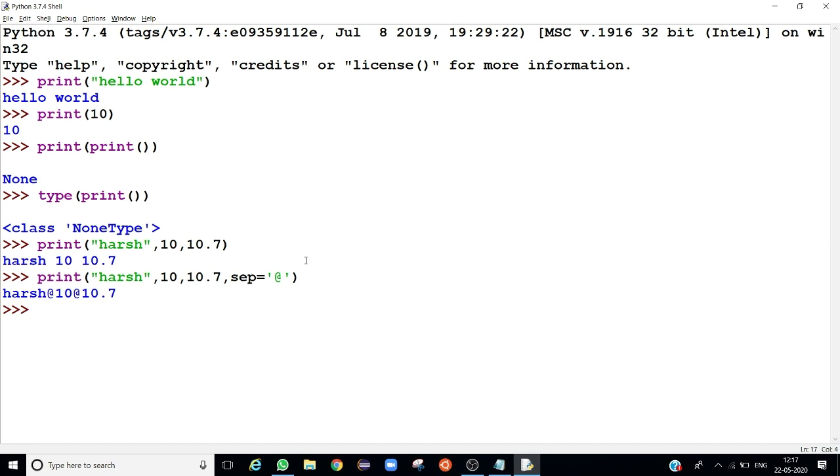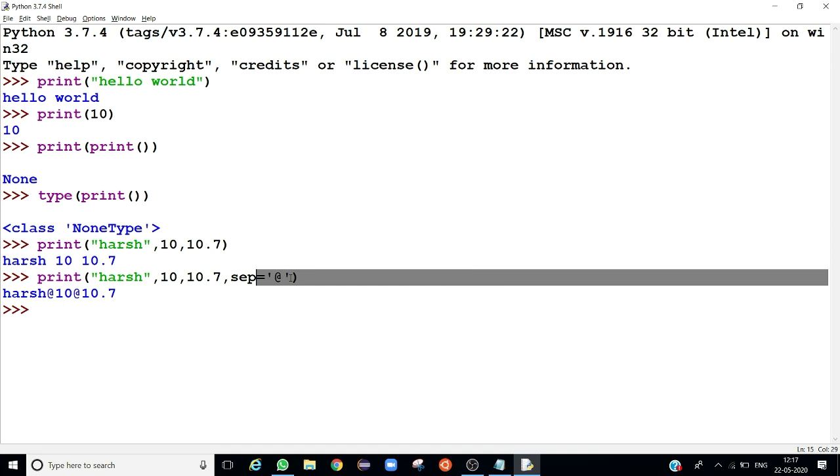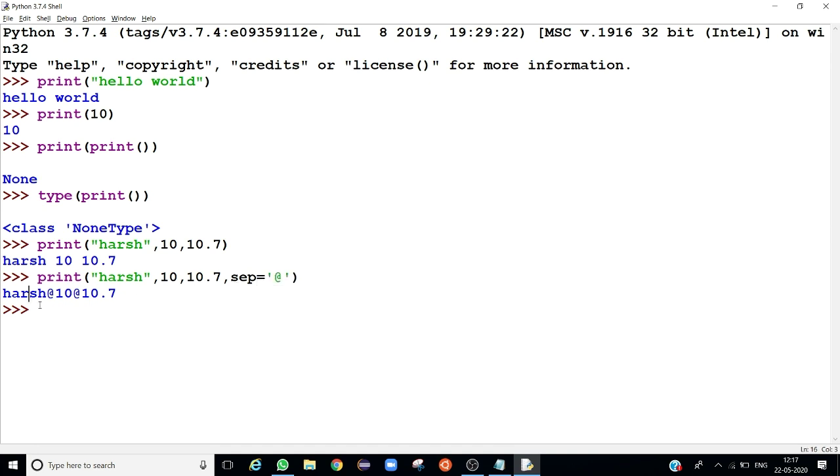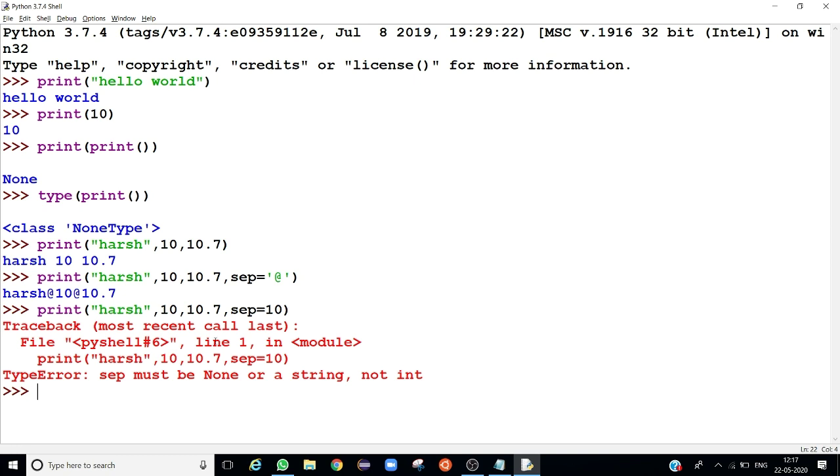The important thing is we can give only a string as the sep value. If we try a value other than string, then we will get an error that sep can hold only a string value or None. Let me copy this first, and if we try an integer value like 10 and run it, we will get an error that sep must be None or a string, not int.